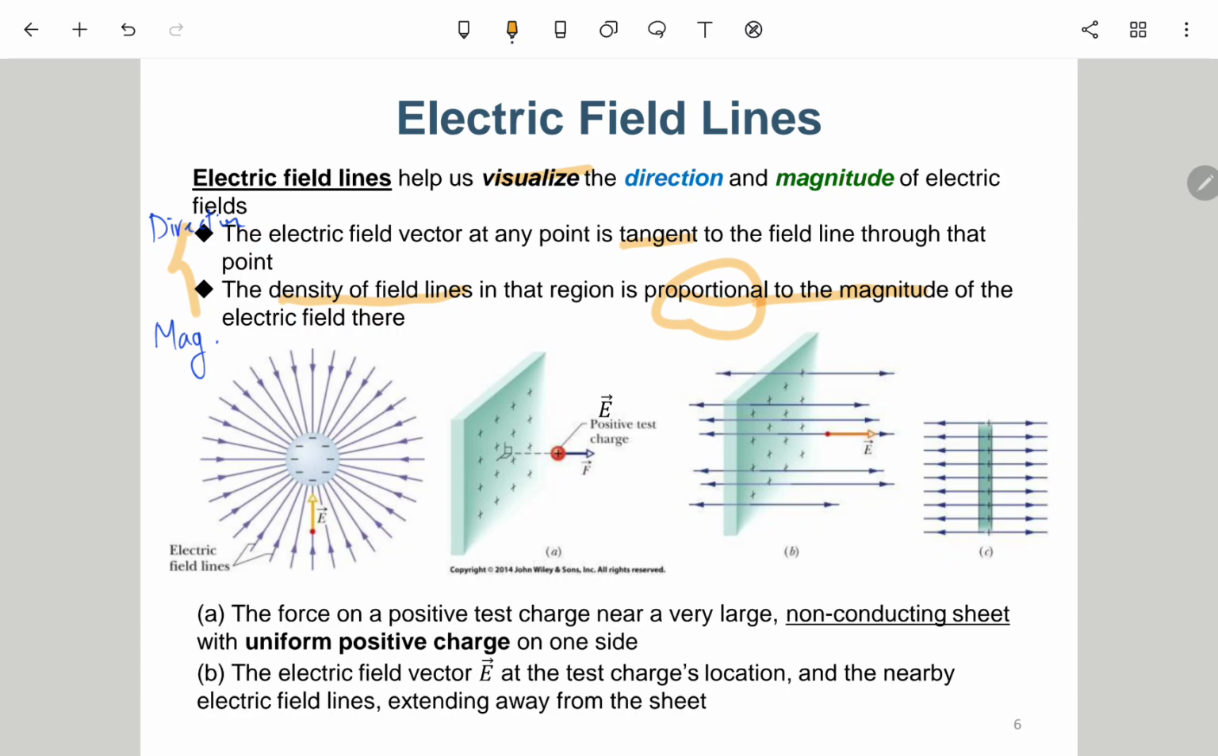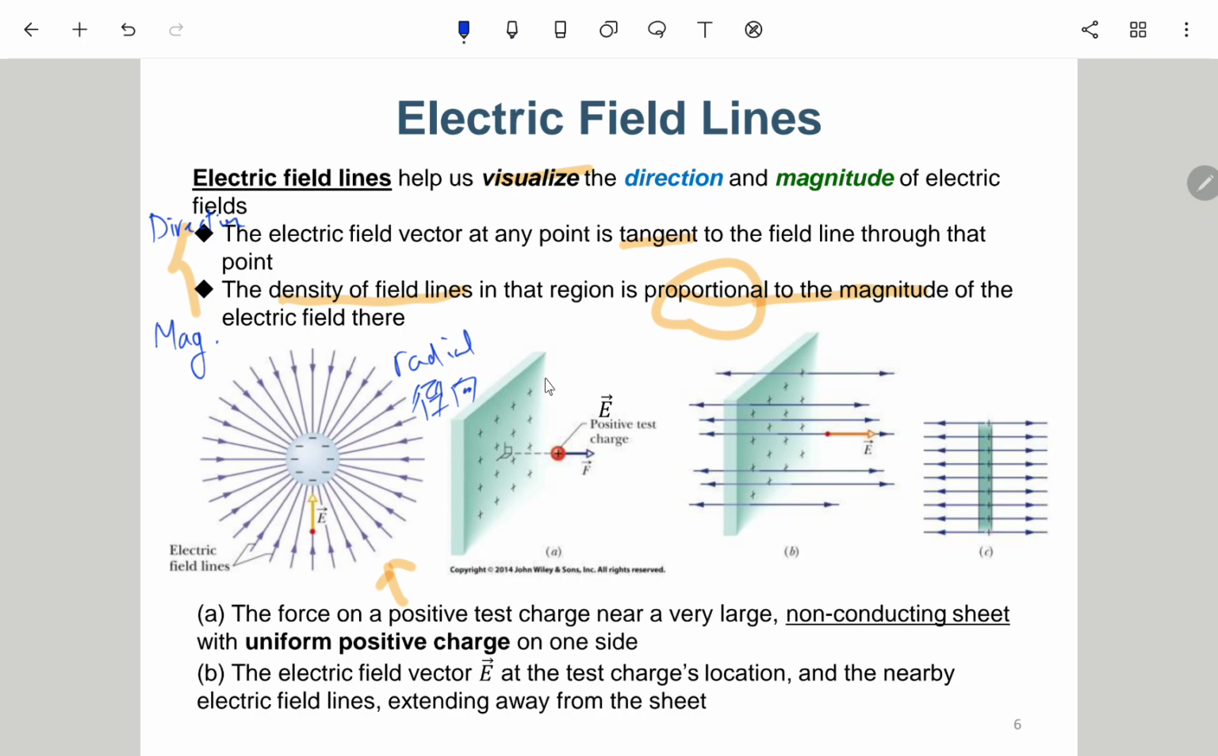Okay, so for the first example is this one. We have a negative charge, so all the E field lines are pointing towards this negative charge, in a radial direction. The radial direction is the radial direction in spherical coordinates. Okay, and so this is the